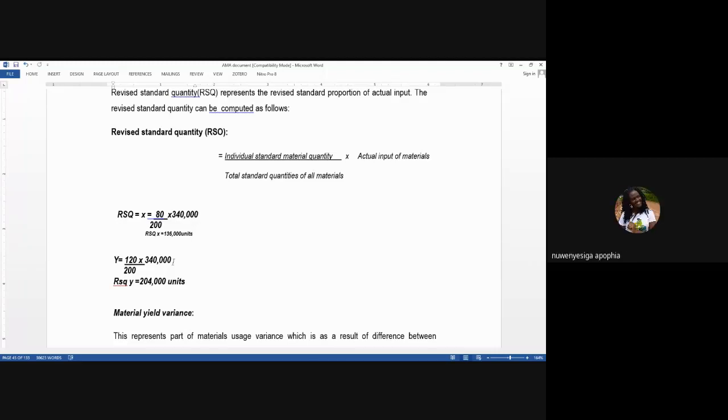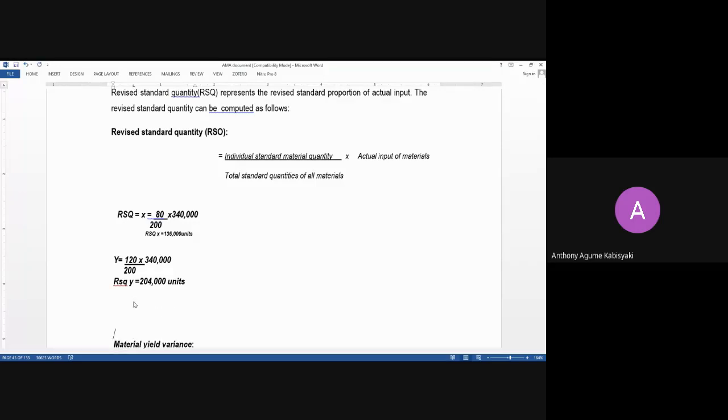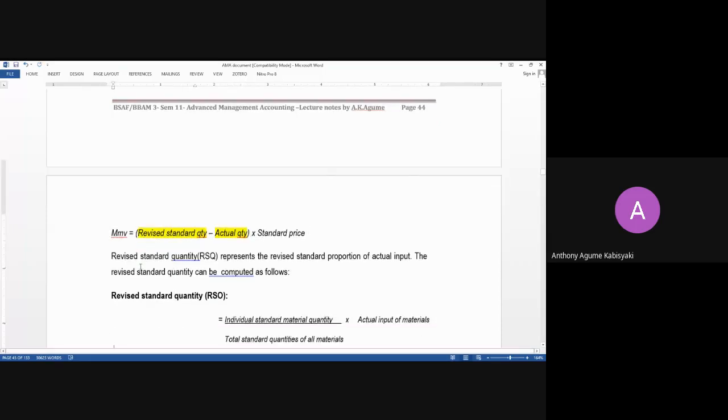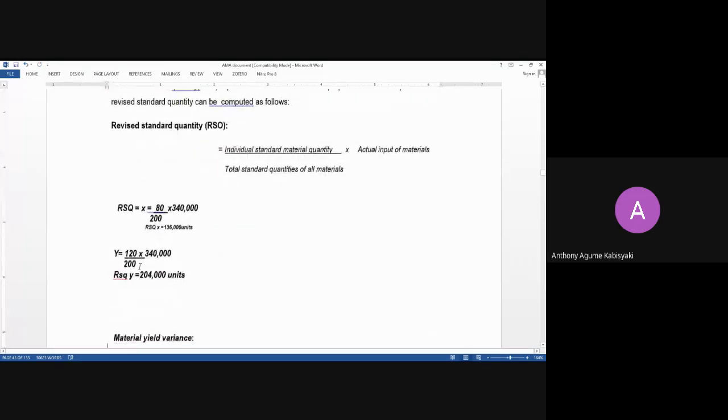Okay. So having got to know that, then I can compute my material mix, and my formula is here. What I only needed to find was the revised, which I've got. So meaning that if I come here, I have X. So the revised for X is